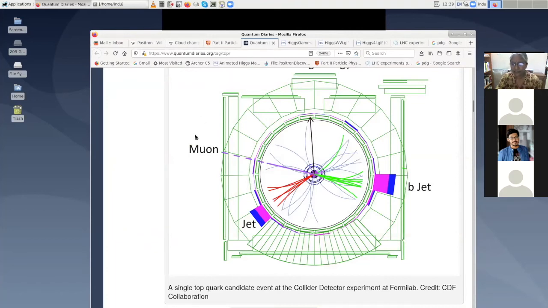Now, this is the Fermilab detector, and Fermilab had proton anti-proton scattering. What we saw in LEP was electron-positron scattering, and this is also an old experiment, with proton anti-proton scattering. So you can see the initial states also are hadronic states, so there is a lot of confusion, but I will just talk about only this process.